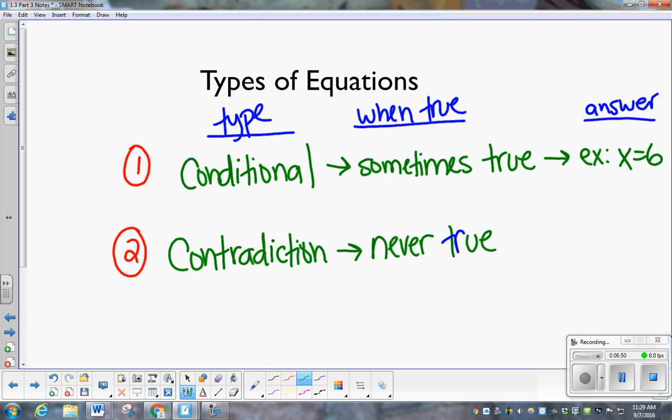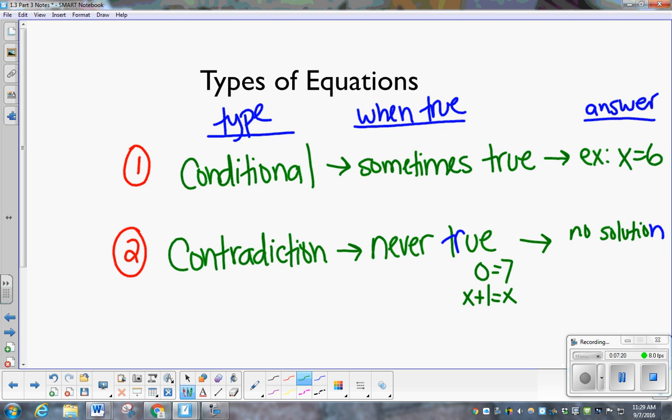So you might end up with something like 0 equals 7, or something like x plus 1 equals x. You can't take a number and add 1 to it and have it still be the same. That's never going to happen, so it's never true. So if you end up with a number equals a totally different number, it's never true, and what you're going to write for your answer is you can either write no solution,